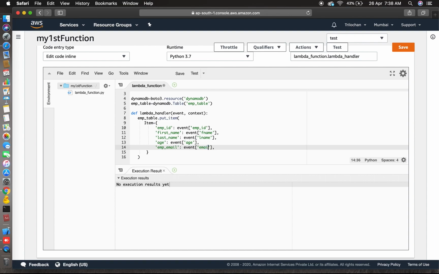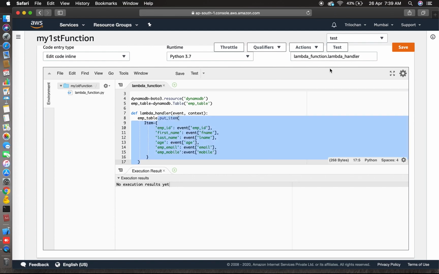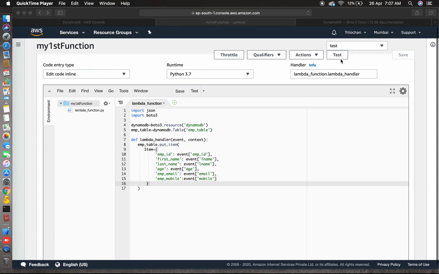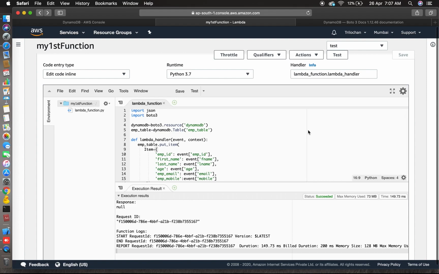Then emp email, then we'll add emp mobile, event mobile. Yes, so now it's done. So save. Then we'll test it. Okay, yes, it's working. So let's go to the DynamoDB console.